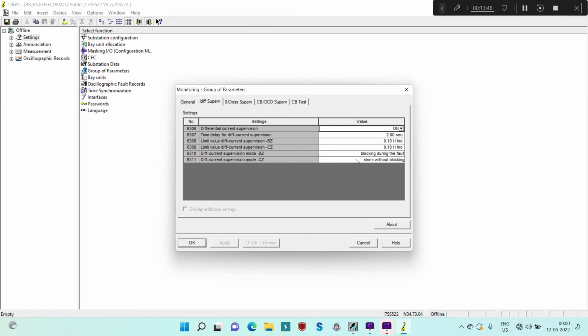And now you can select what you want to do with this differential current supervision alarm. Generally, for bus zones, we use blocking during the fault. Here the fault means the current in the differential zone which is above this current supervision level; it doesn't mean a bus bar fault. So whenever the differential current in the differential zone is more than this 0.1 for 2 seconds, your bus zone will be blocked till this current is above this level. For the check zone, the default setting is alarm without blocking, because